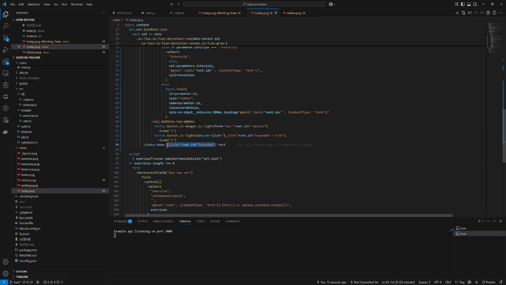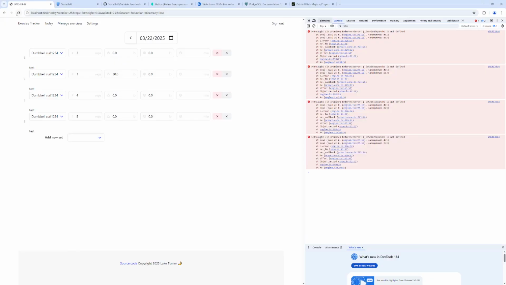Oh, I also need to have a default value for this defined. So we do data-signals. I think it's something like this, equals false. And I don't know if this needs to be in quotes. Let's just quote it. Okay, so now if I click it,